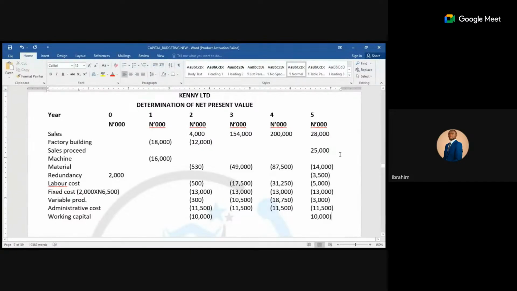So we can assume that all our cash flow are in money term. So definitely what we're given will be a money term, right? So we can have net cash flow. Class, I will do another presentation after this because we have another question like that. One thing I want you all to understand: NPV is one of the questions where you have to pay attention to the details very well. If not, you will miss it.